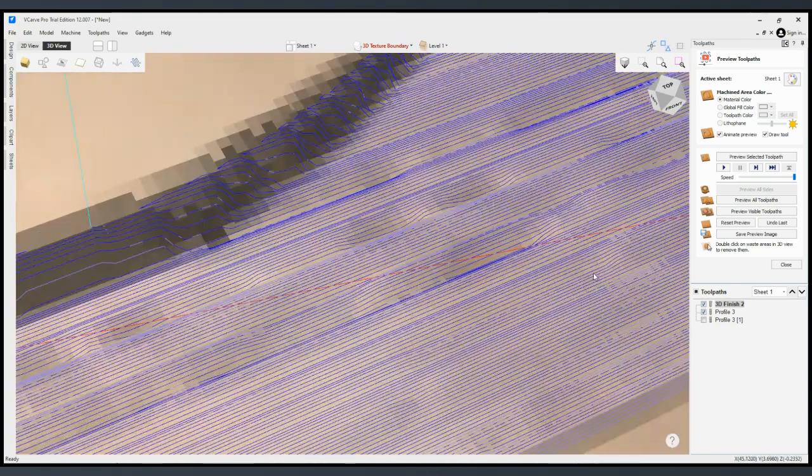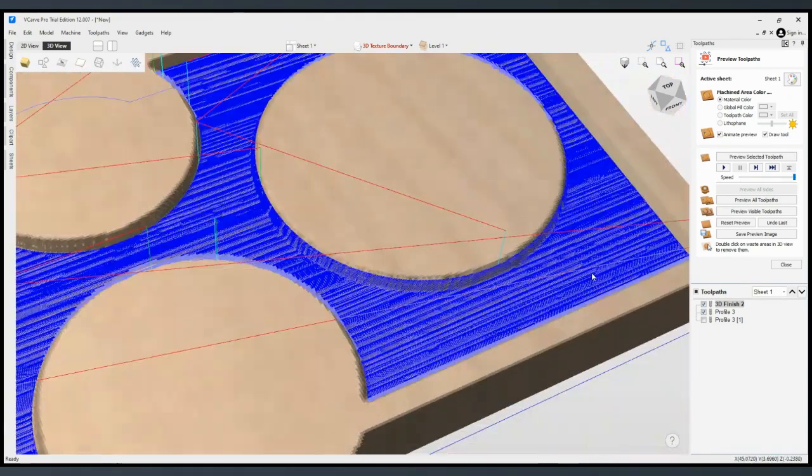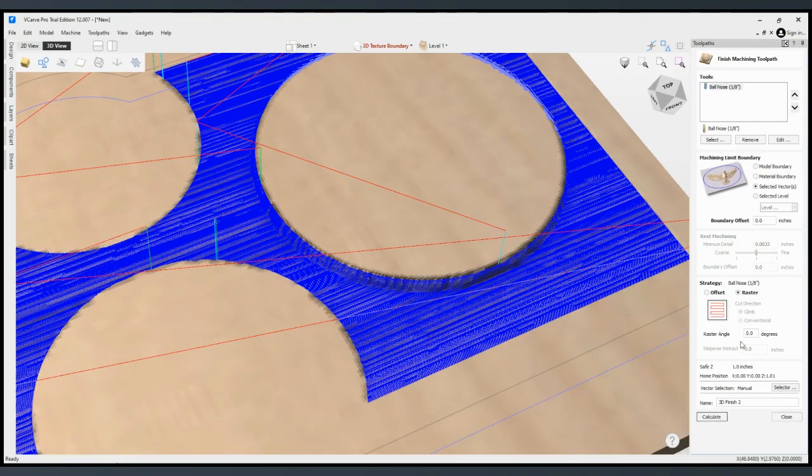Also, for the step over, we have a pretty fine step over here. We want to achieve our texture, but we don't necessarily want to over machine the project, where we take too much time. So let's maybe